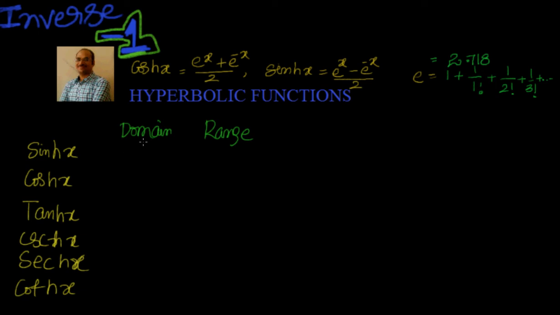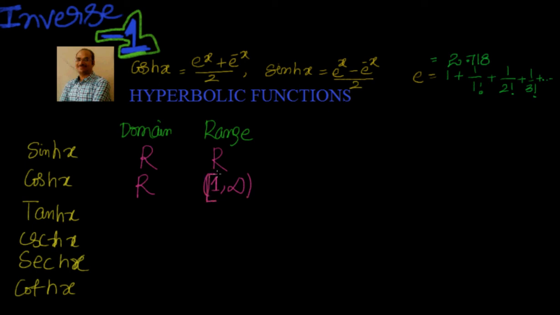Okay. Sinh x. What have we seen with respect to the graph of that? We have seen that the domain is R, and we have also seen the range is equal to R. That is what we have seen. And for the hyperbolic cos x, we have seen domain equal to R, and we have seen the range is nothing but starting from 1 and going till infinity. This is a square bracket because you are starting from 1, for x equal to 0.